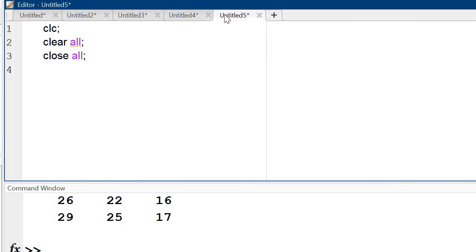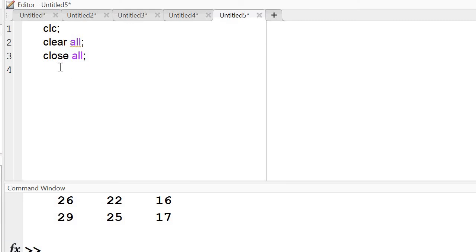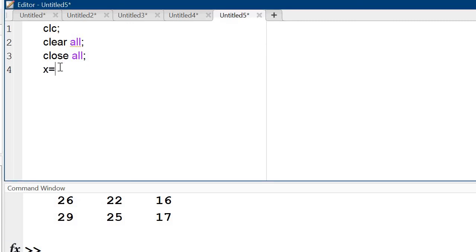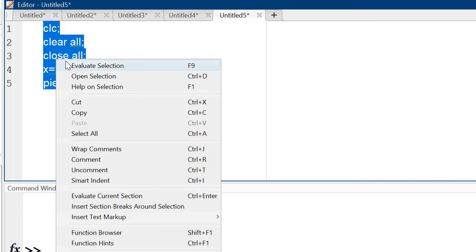Now I am taking x is equal to 1, 2, 3, 4. And after that I am taking this pie command, bracket x.